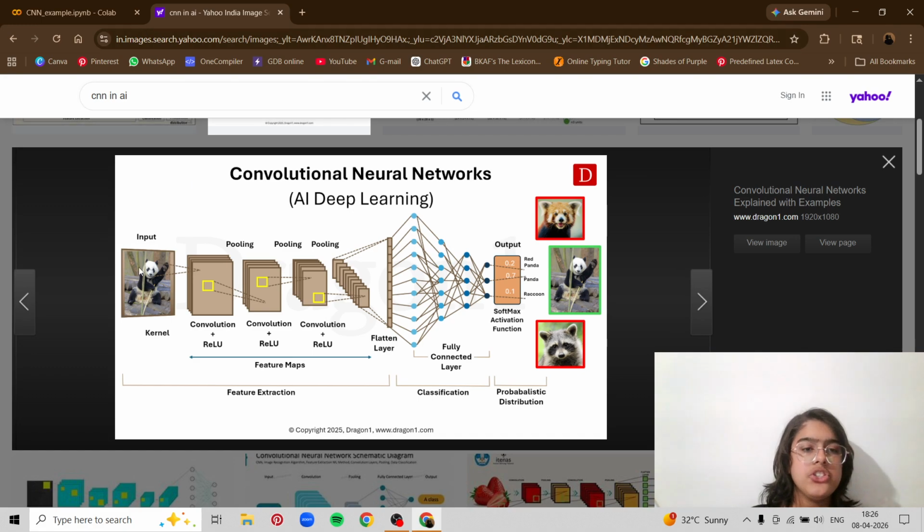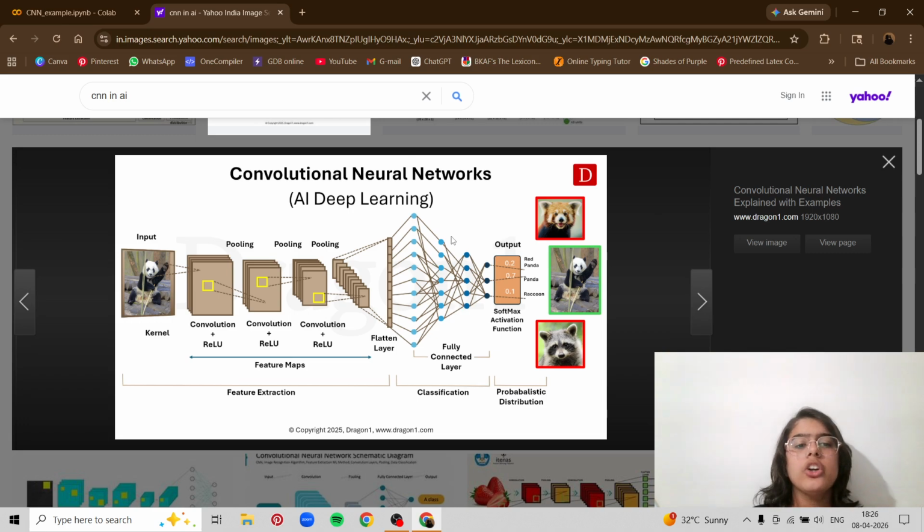Now every feature might go to another animal. For example, the panda's eyes are very similar to the raccoon's, and the panda's hands are very similar to the red panda's. So you can say how many times do you want to run the program again and again. The more times you run the program again and again, the better output you will get. But then again, you don't want to overfit the program. So over here we use classification.